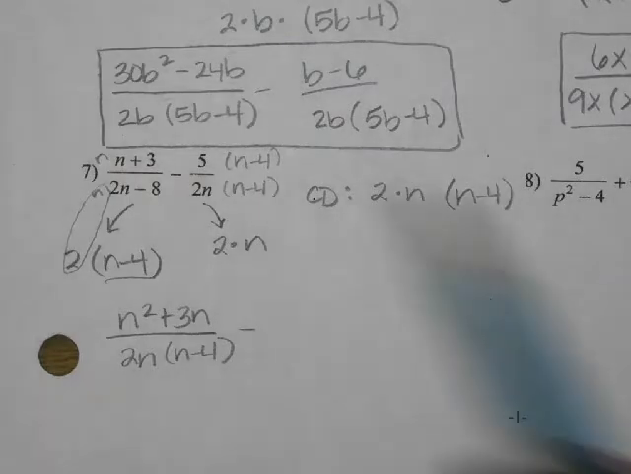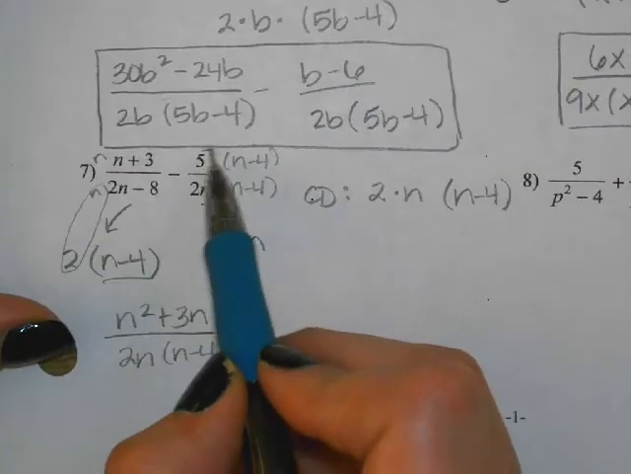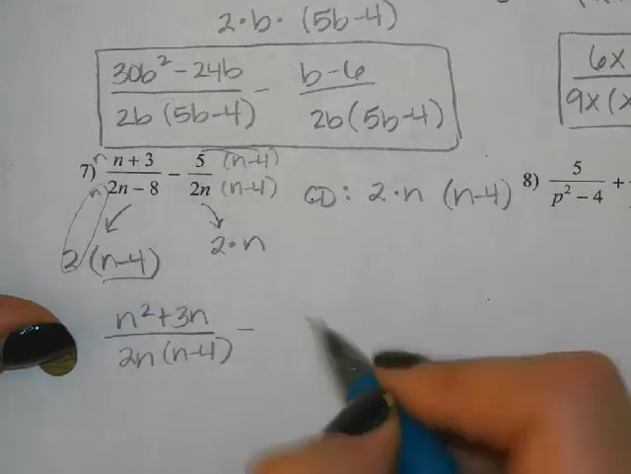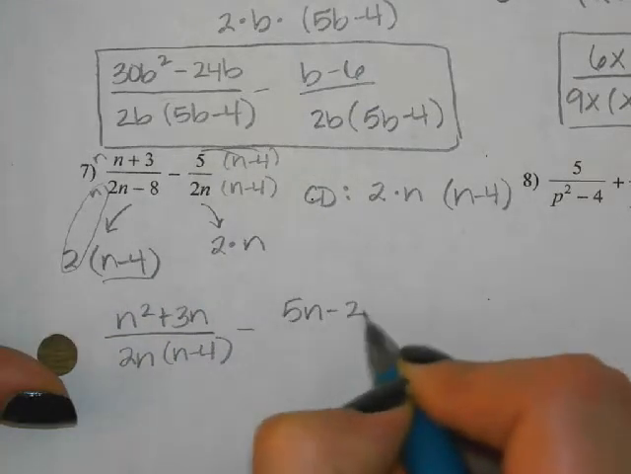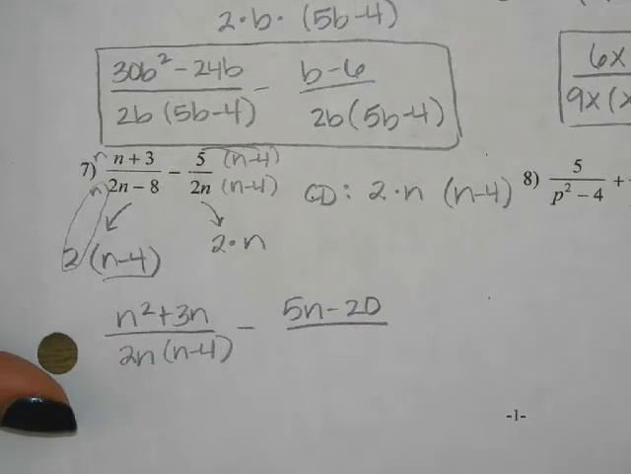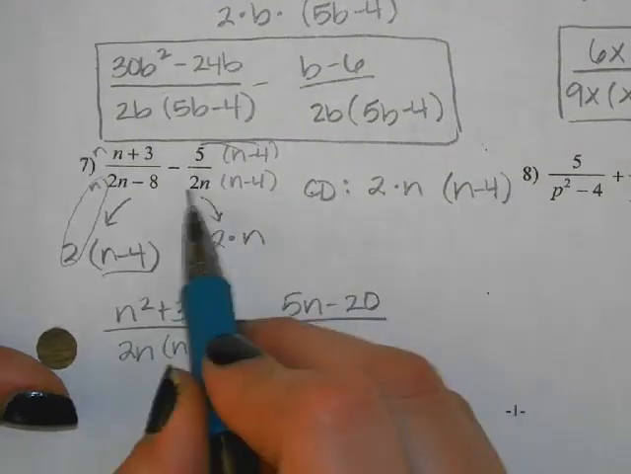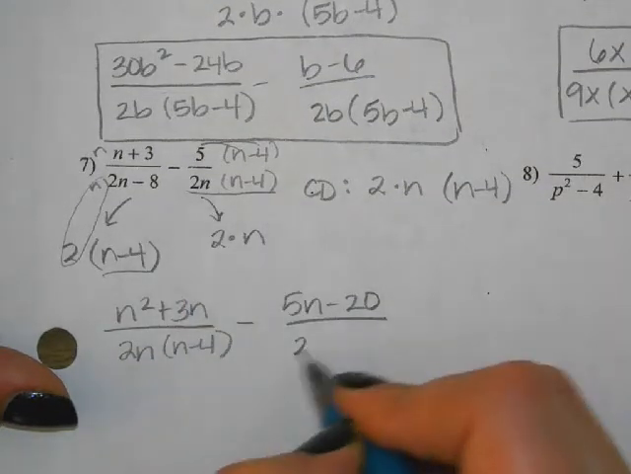All right. So the second fraction is 5n minus 20. And then the bottom is 2n, and then we need